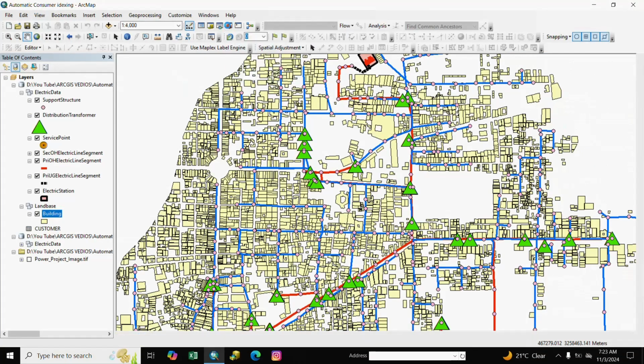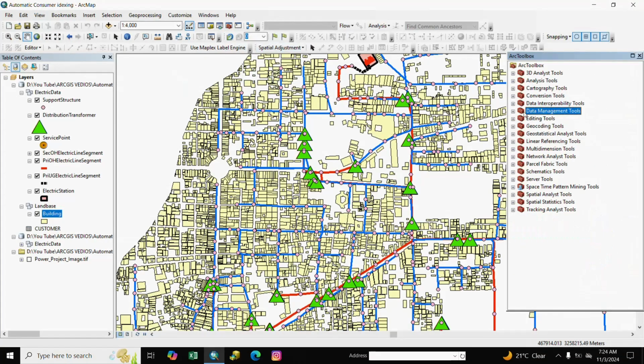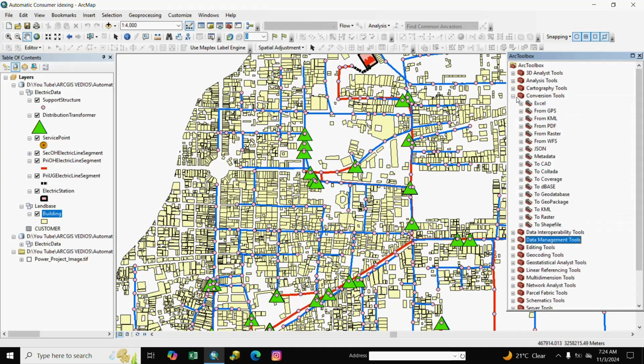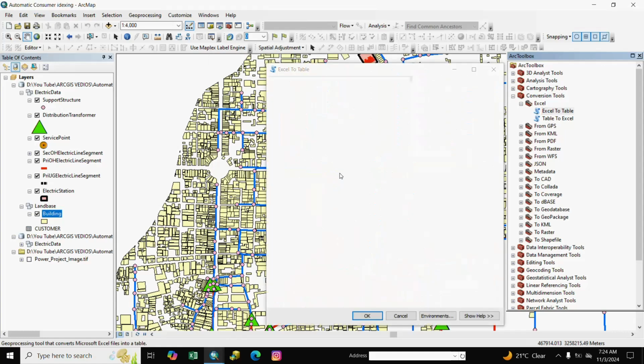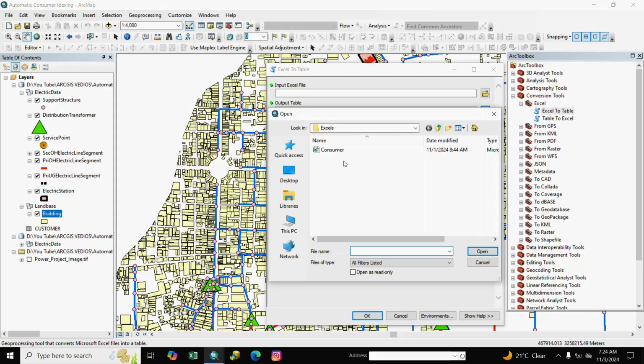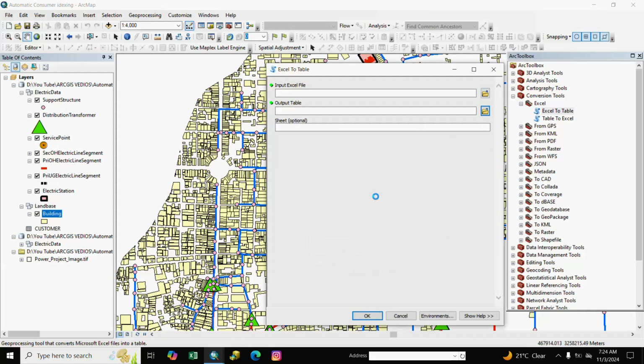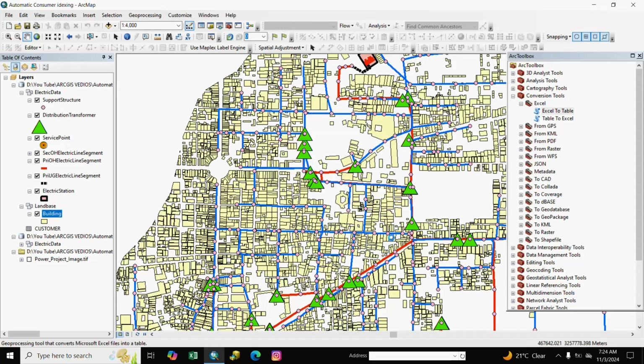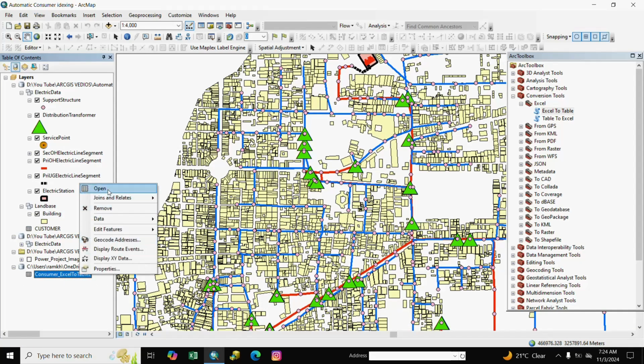Go to ArcToolbox, Conversion, and go to Excel, Excel to Table. We go to the consumer Excel, select it and OK. The table is created.